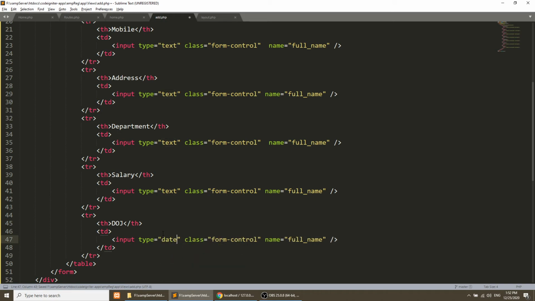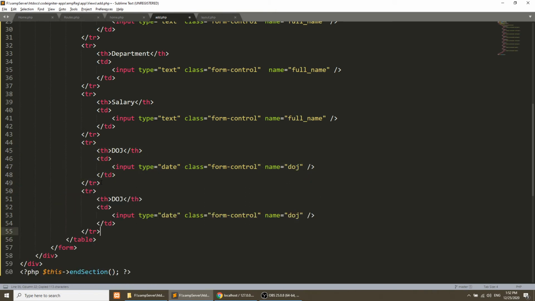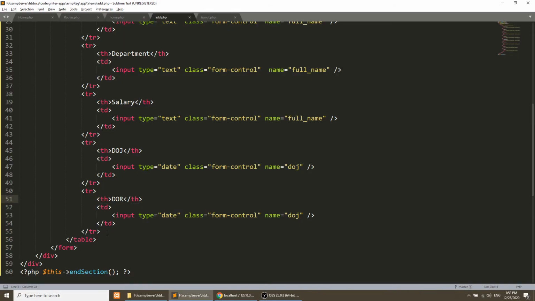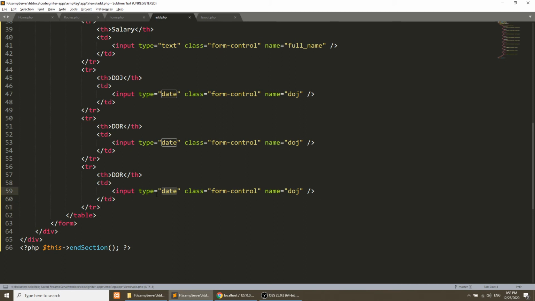and this will be a date. And here we also need to change this name. Okay, we will do this later. First we will create the layout. So it is a date of resigning, so it will also be a date. Okay, we will check whether this is empty or not. So here we will define the text and active status. This will be a text field. We will put 0 or 1 for active. 0 means it is not an active employee, 1 means it is active, so that is the status.